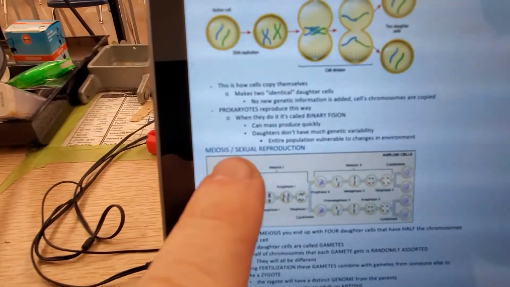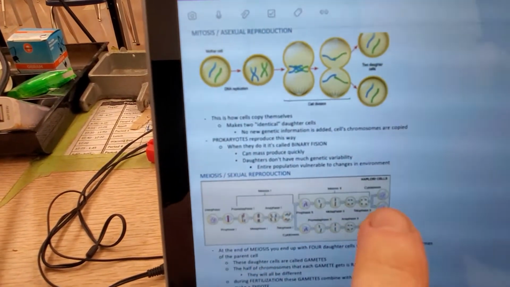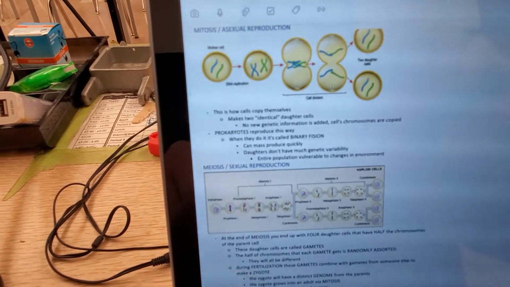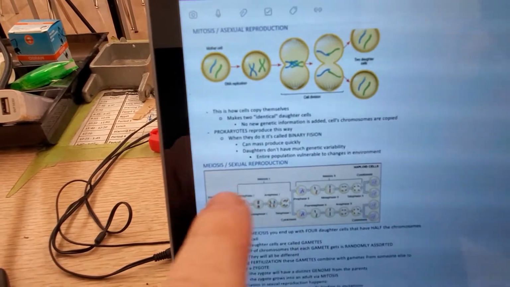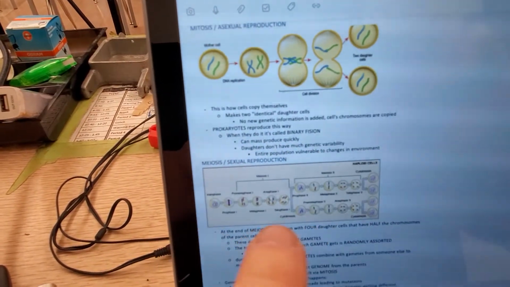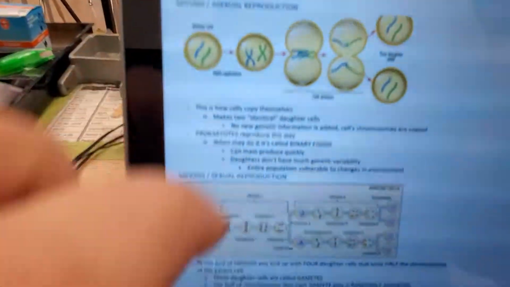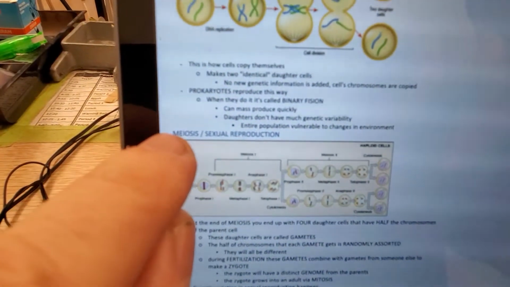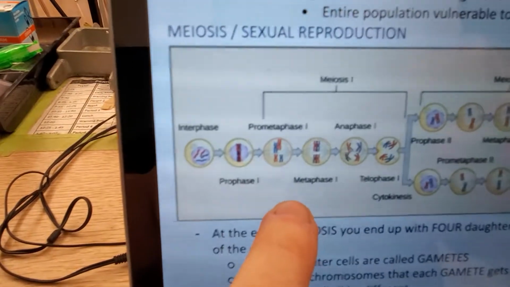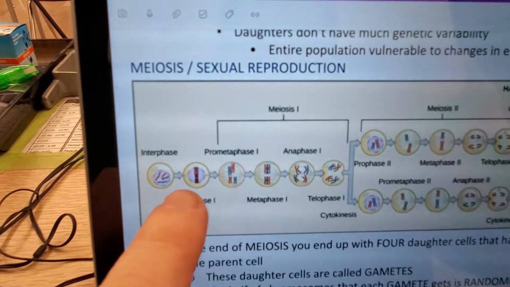Now, the other way of reproduction, you see it's more complicated, is sexual reproduction. And this is how we reproduce. We use sexual reproduction. Now, bacteria, prokaryotes, also can do sexual reproduction. I'll talk about it in a second. And how this process works is a process called meiosis. And in meiosis, you basically get